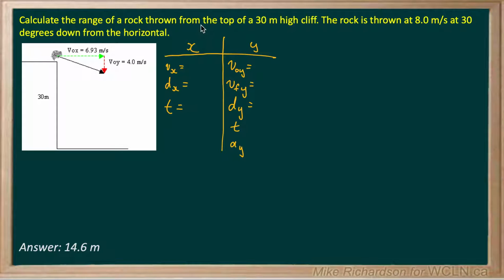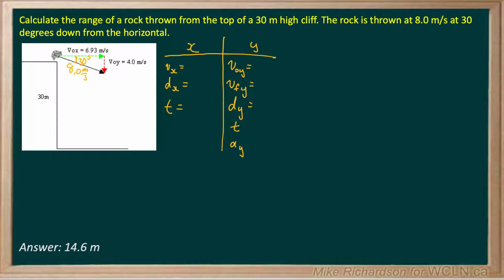All right, here we've got a rock being thrown from the top of a 30-meter high cliff, but a little twist to this question, it's thrown downwards at an angle of 30 degrees down from the horizontal, and its initial velocity is 8.0 meters per second. So this angle right here is 30 degrees, and then of course the hypotenuse, which is our original velocity, is